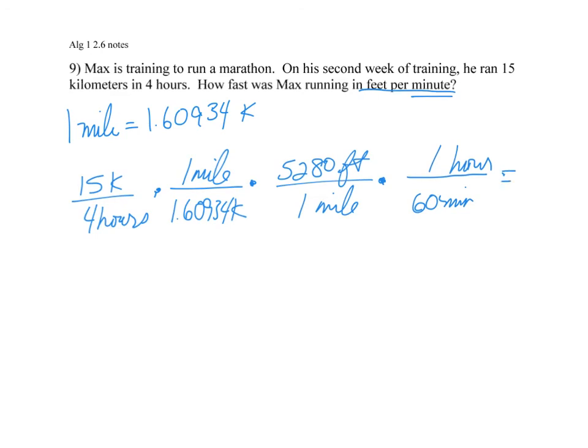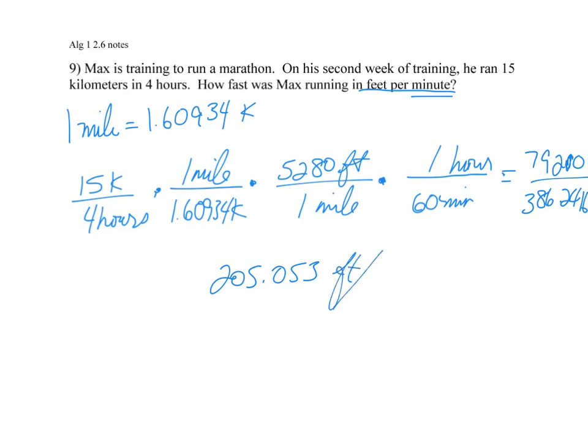All right, so when I plugged all that into my calculator, I just went ahead and plugged in everything across in my numerator, got 79,200 in my numerator, and then in my denominator I got 386 and some change there. Okay, boy, I'm running out of space over there. And then I went ahead and divided that out again, and I got approximately 205 feet per minute. Okay, and the reason that my units canceled is I've got my kilometers canceling there, I've got my hours canceling there, I've got my miles canceling there,